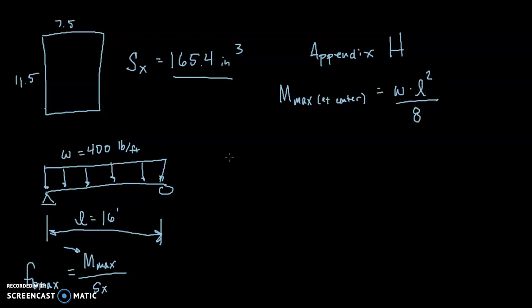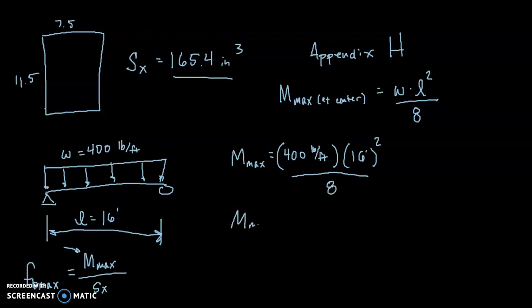Using this formula, I can calculate that the maximum moment is equal to the distributed load of 400 pounds per foot multiplied by the span length of 16 feet squared, and don't forget to square it, it's easy to overlook those exponents, divided by 8. So I have a maximum moment of 12,800